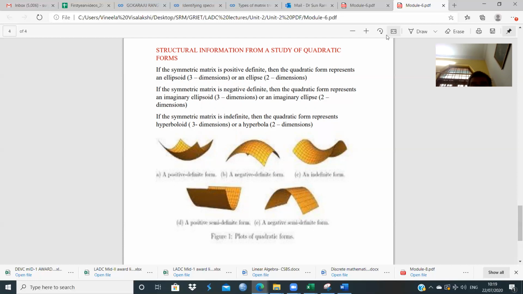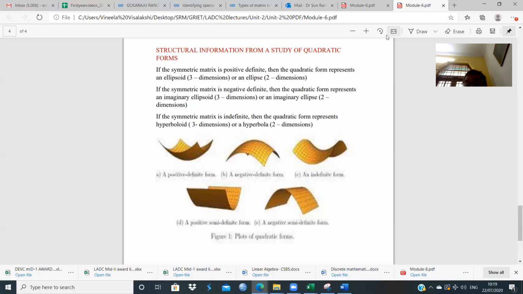When it comes to positive semi-definite quadratic form, you should understand that the structure explained by the quadratic form will have to touch the origin and still be giving us a minimum. Similarly, when you take a negative semi-definite quadratic form, it should not only give us a peak, but it should also be touching the origin. So these things can be understood when we take up issues of function optimization as an advanced application of quadratic forms.